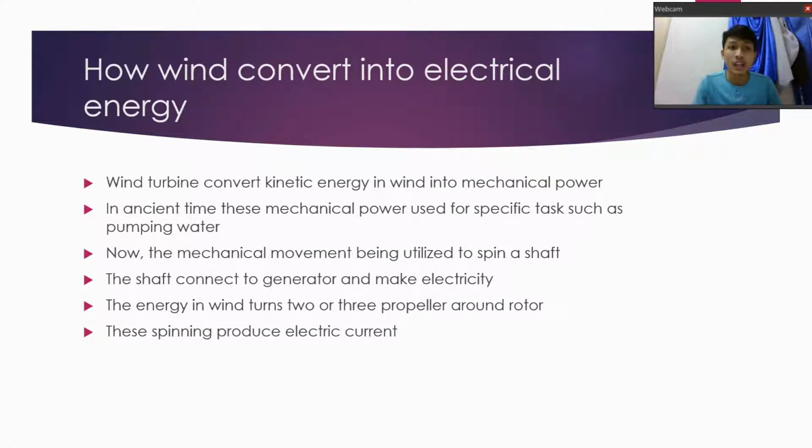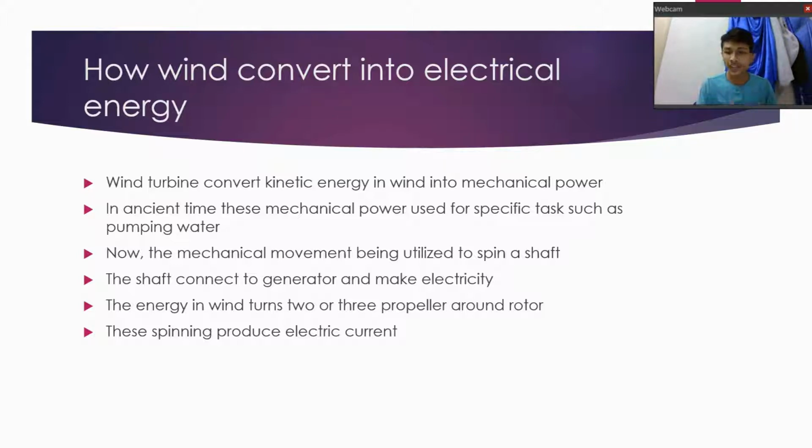So we move to the operating system of wind. So how does wind convert into electrical energy? A wind turbine converts kinetic energy in wind into mechanical power. So in ancient time, the mechanical power was used for specific tasks such as pumping water. Now, the mechanical movement has been utilized to spin a shaft. The shaft is connected to a generator and it will spin the propeller around the rotor, and this spinning produces